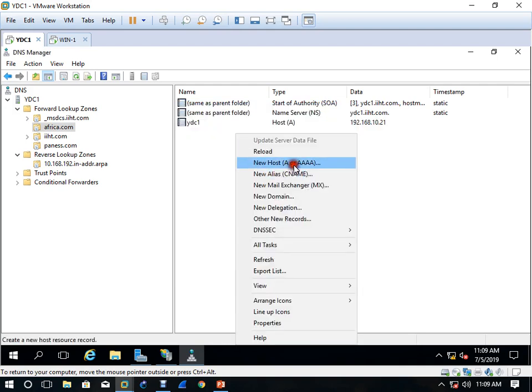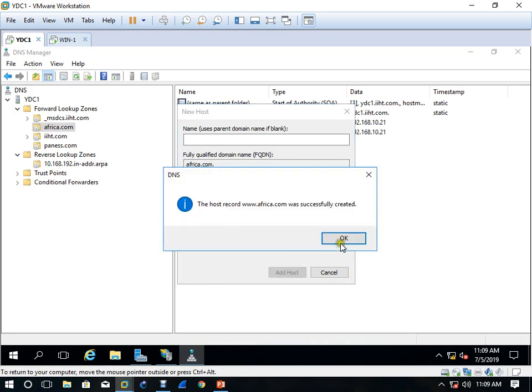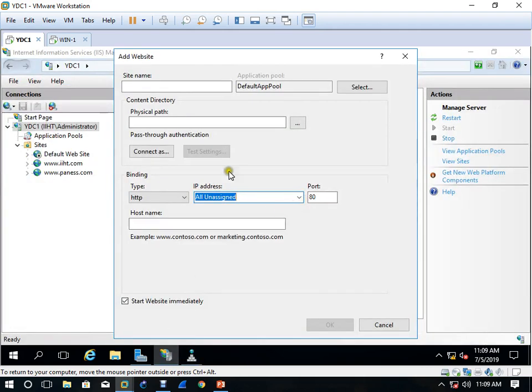Right click, CNAME, www. IP address is 192.168.10.21. Add host. Click OK. Done. Now everything is there. No problem. Right? Now you have to come here and now you can start.